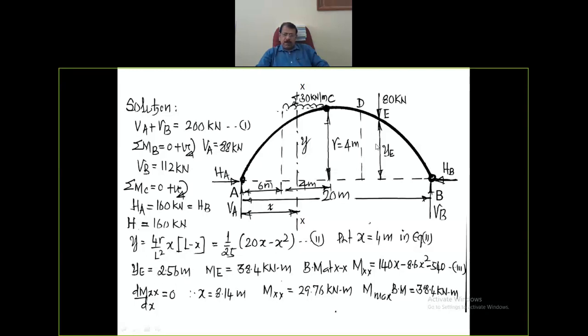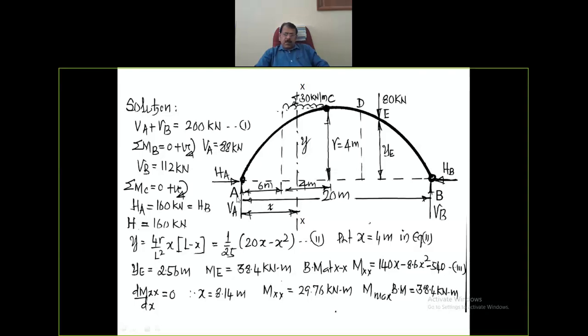Once you have evaluated the ordinate ye at the point E, calculate the value of bending moment at E. To calculate the bending moment at E, take the moment about the point E, considering the portion which is lying between the point B and E. While writing down the equation for bending moment, our assumption is that moment due to upward is positive, moment due to downward is negative. Further here, moment of horizontal thrust is taken similar to the downward load. Substituting all the values, simplify that, evaluate the magnitude of bending moment at the point E. That bending moment at E, ME is equal to 38.4 kilonewton meter.